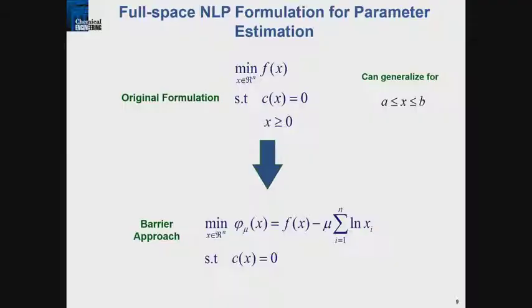Well, what we like to do is use a barrier approach. This problem is, I would say, mid-range. Probably the largest instance of this problem that we traditionally face is maybe 1 million variables. We are happy to solve problems on the order of several tens of thousands or hundreds of thousands of variables, and that's usually a good size for us. The number of degrees of freedom in parameter estimation, or number of parameters, tends to be much smaller, something like 100, although we can certainly expand that quite a bit with certain classes of our problems. So that's fine. So in that case, how do we solve it?